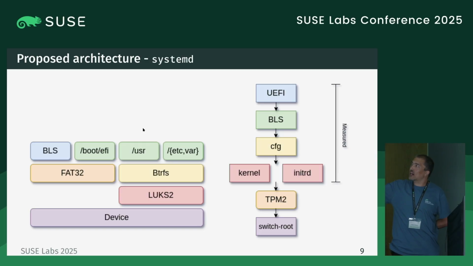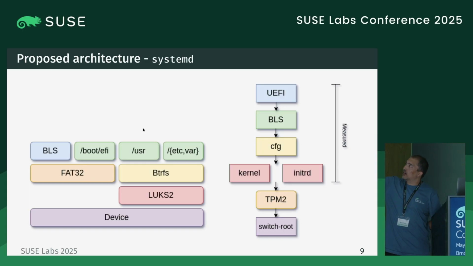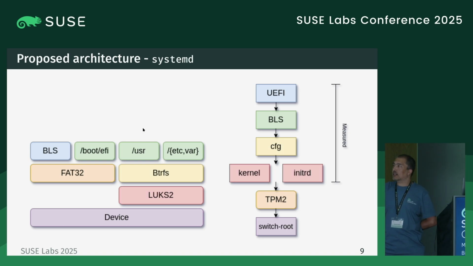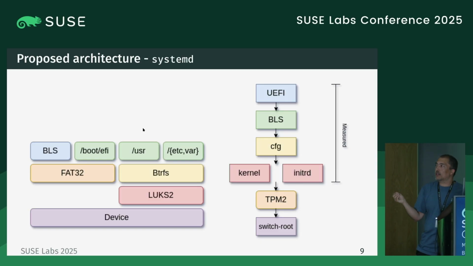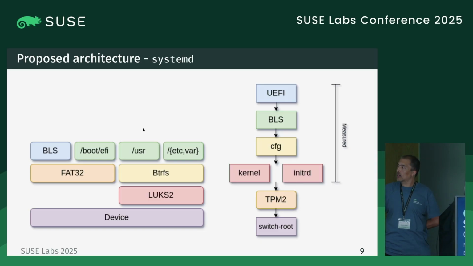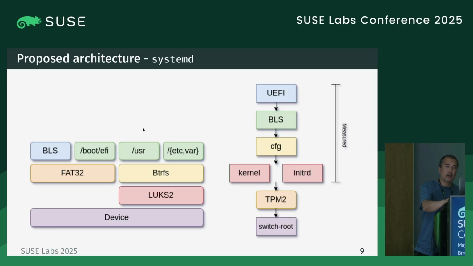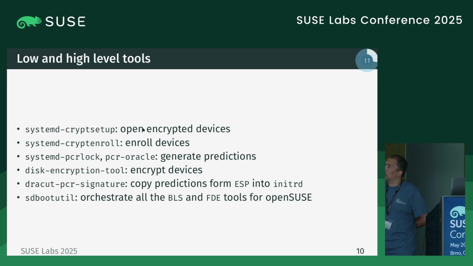Using this architecture, we can guarantee that the full measured boot situation is happening. Everything is going to be measured. That means that in this situation, secure boot and measured boot can be combined or one selected before the other. So at the end, if measured boot is in place, we can create a policy, and the initrd is going to be able to open the LUKS2 device for the root file system using the TPM2. The policy applies, decrypts the LUKS2 password, mounts the device, and the switch root can happen. So this is still valid today.